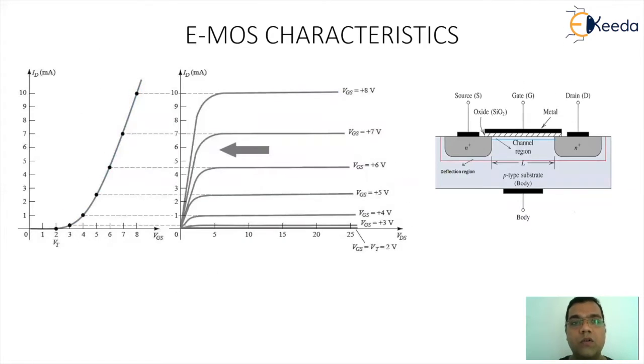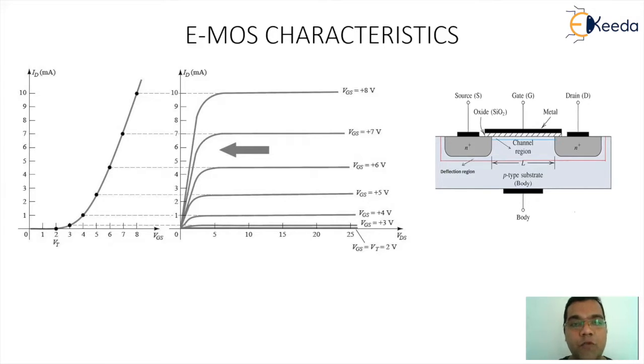Now, when we go for the enhancement characteristics, as we have discussed at the start, the enhancement type MOSFET does not have a channel. So we need some potential across VGS to form the channel. So that voltage will be defined as the threshold voltage. And that is a point when the channel will be formed and you will get the smallest amount of conduction current. And then later on, when the VGS value keeps on increasing, the channel becomes more and more stronger, which will be supporting higher capacity of charge count, and automatically the capacity of the device to carry higher current will increase. And that's the reason the current will keep on rising.